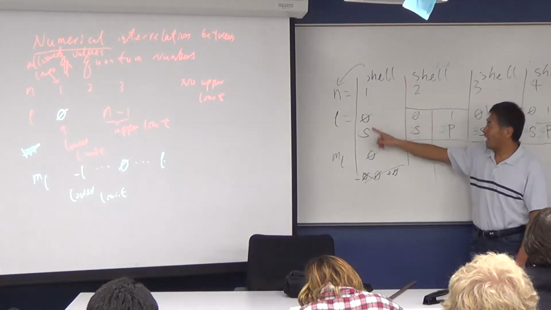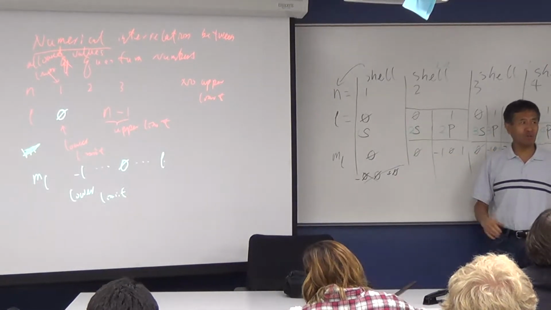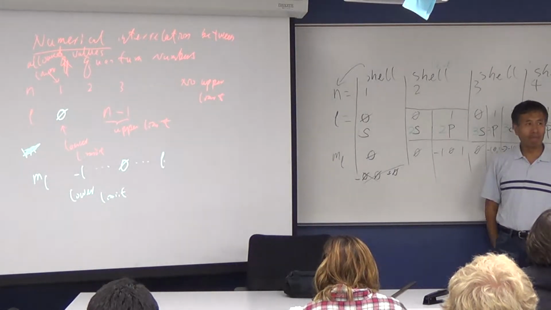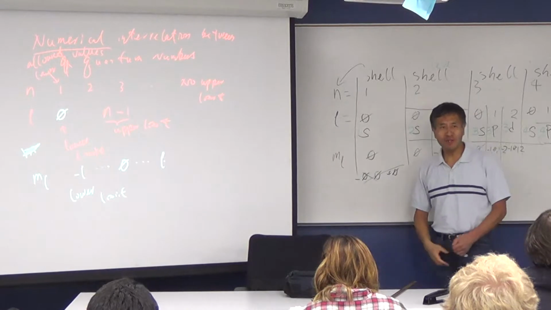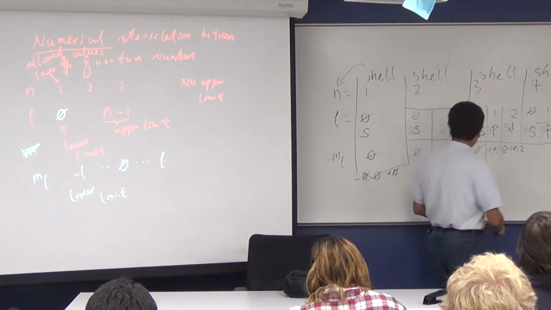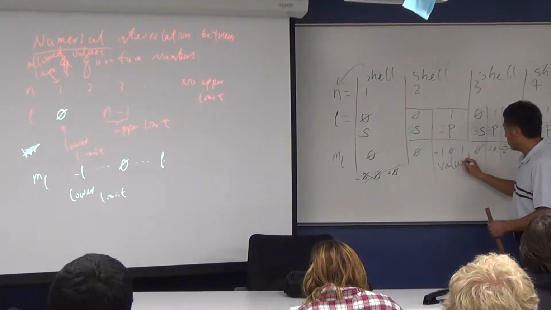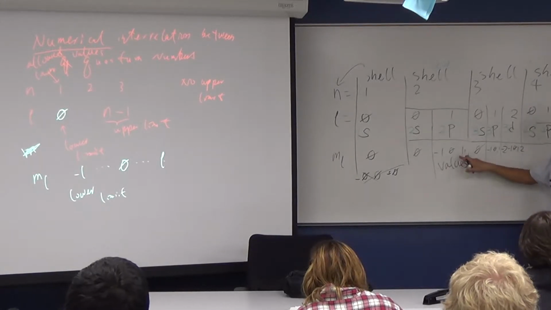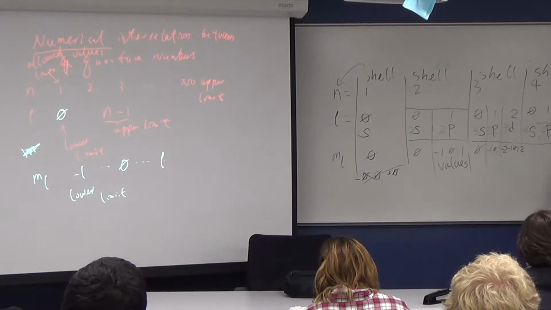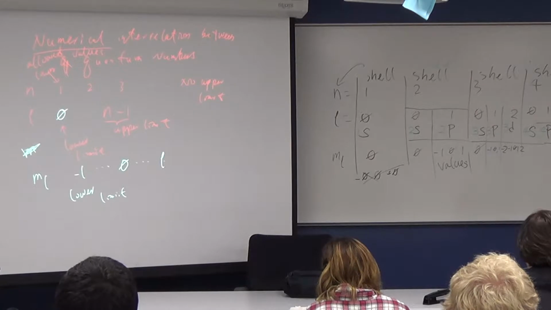Obviously you have one 1S, and you will have one 2S. For each S type, there's only one orbital. Does that make sense now? Alright. So then, how many values do we have for ML for those P type? 3. That 3 tells you you will have 3 of those orbitals.